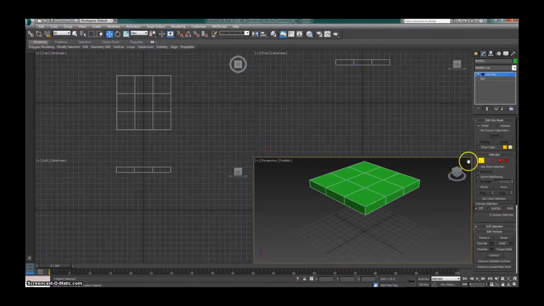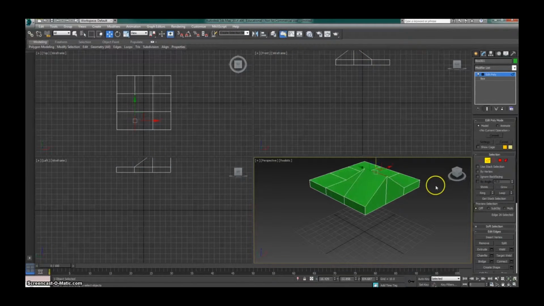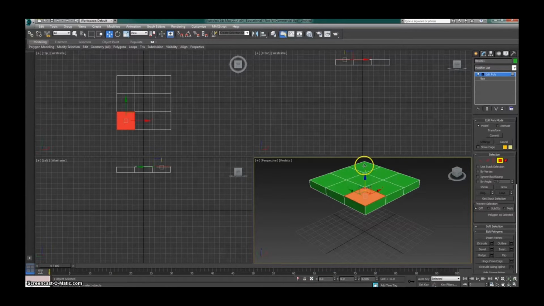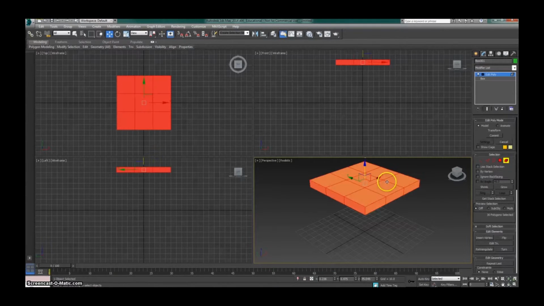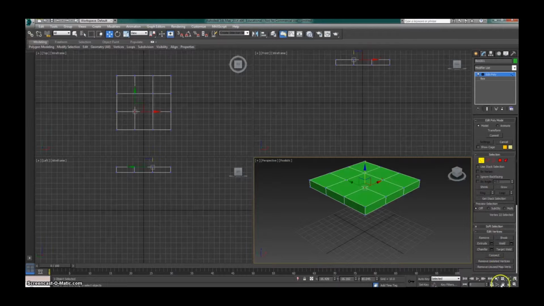So we're going to look at the vertex. Each of these are vertices. So if you click on one, see how you can move each individual part of the object. Do the line. Border we don't need to worry about right now. Polygon. And then if you click the last one, that actually selects the entire object. Another one that we're actually not going to worry about right now. So let's go back to vertex, and